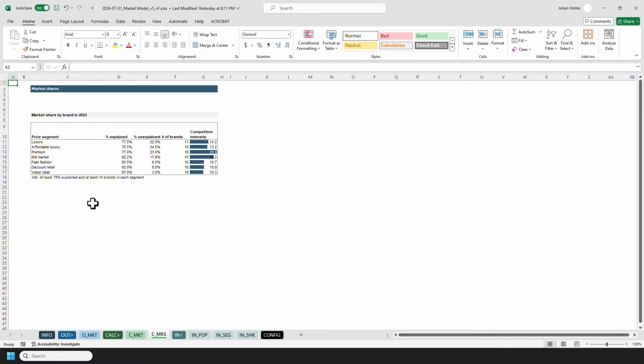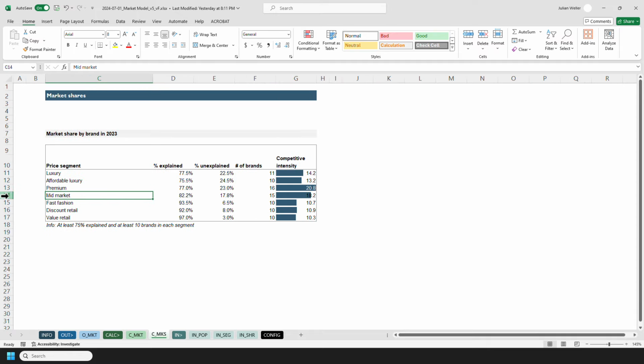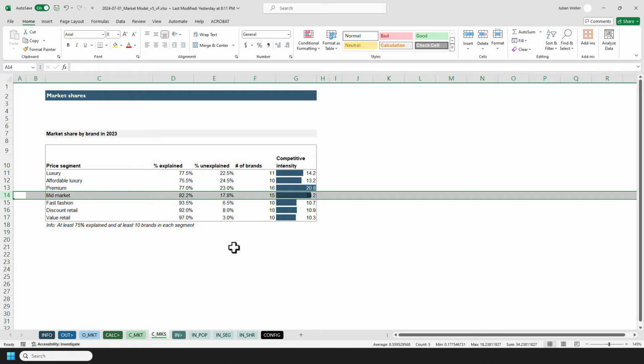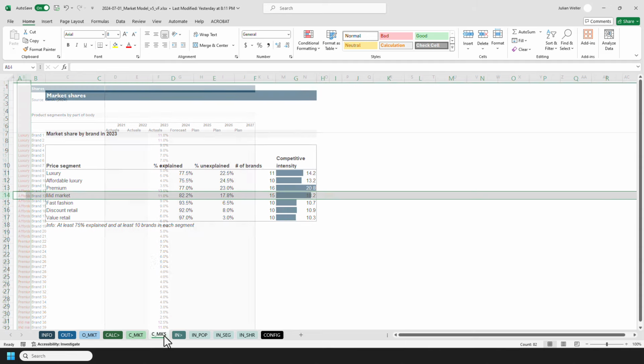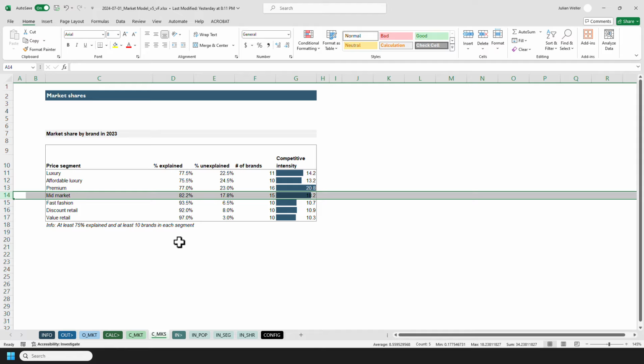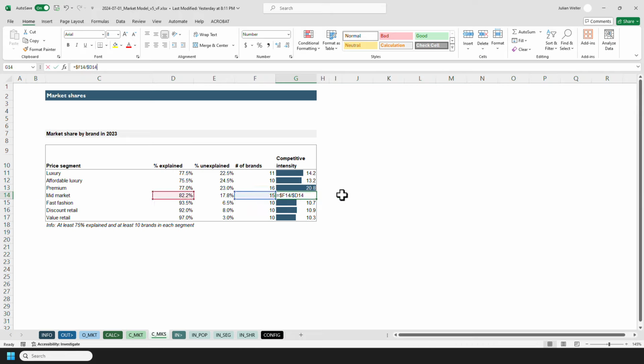Another thing that I mentioned on the slides was that the mid-market segment is actually exhibiting the second largest density of brands. So here what I did was I got this distribution across the price segments, so starting with luxury and so on, by brand in 2023. And when I aggregate this, I first find the share of the market that I can explain based on the list that we just saw, and now the number of brands that are in there. And then this allows me to calculate kind of a competitive intensity score just by dividing the number of brands by the share of explained